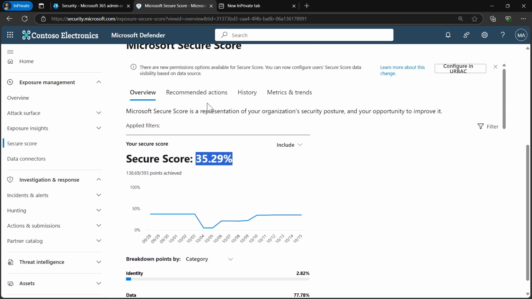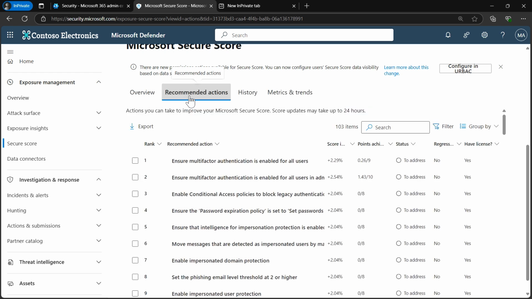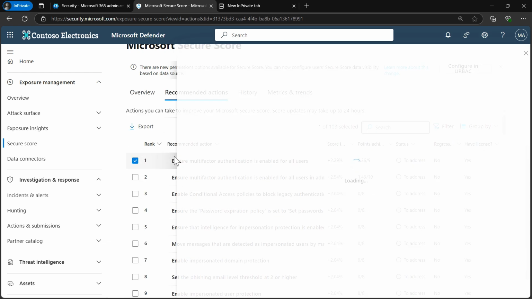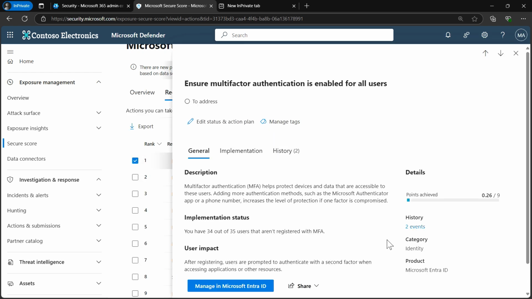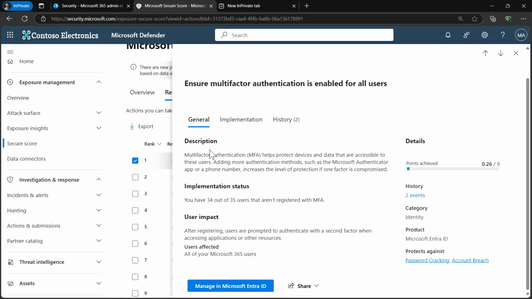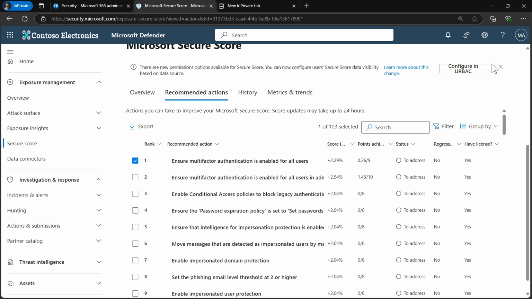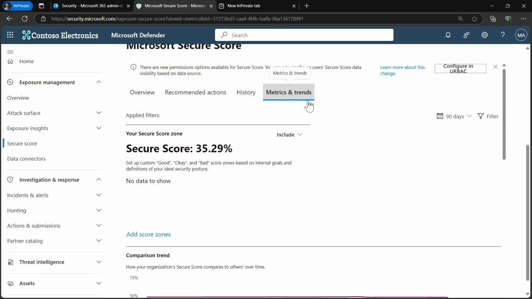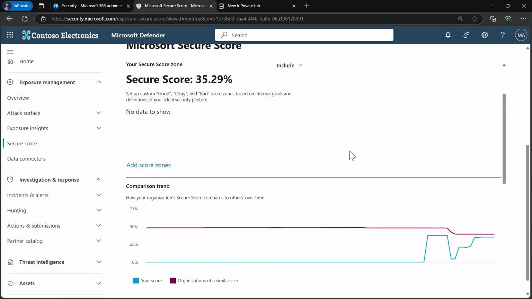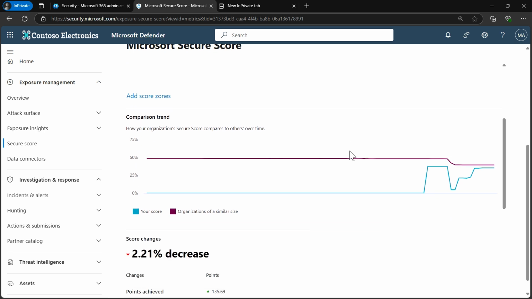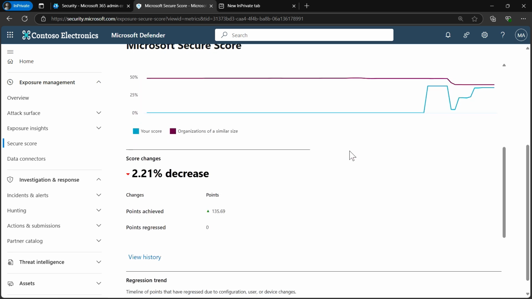And at the top, if I go back, I have the recommended actions, how to do them, the steps to follow, and it really gives you many details on how to do it: description, how to implement it, implementation steps, and any history of working on that previously. I have also metrics and trends, and in here you could see the improvement of my secure score over time.